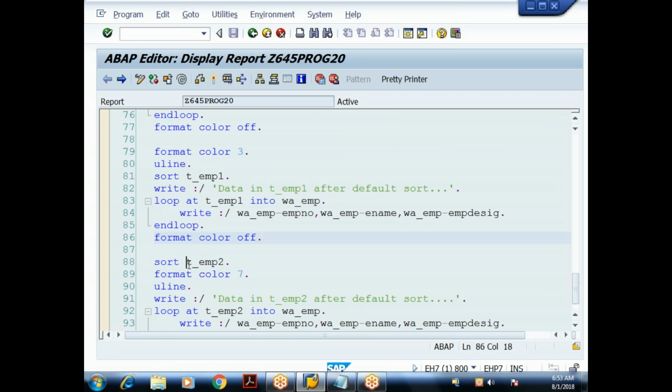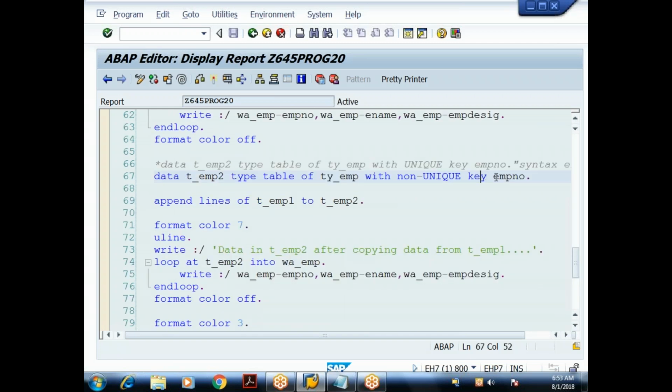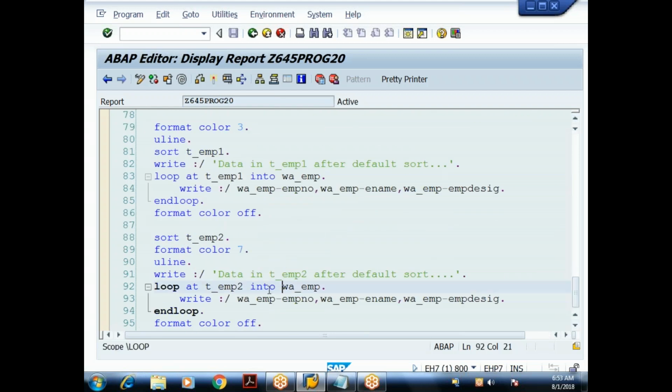Then we are trying to sort the second internal table. The second internal table contains a key field. What is that field? Employee number. So it is going to sort on employee number. That's what we discussed yesterday. So when I execute this,